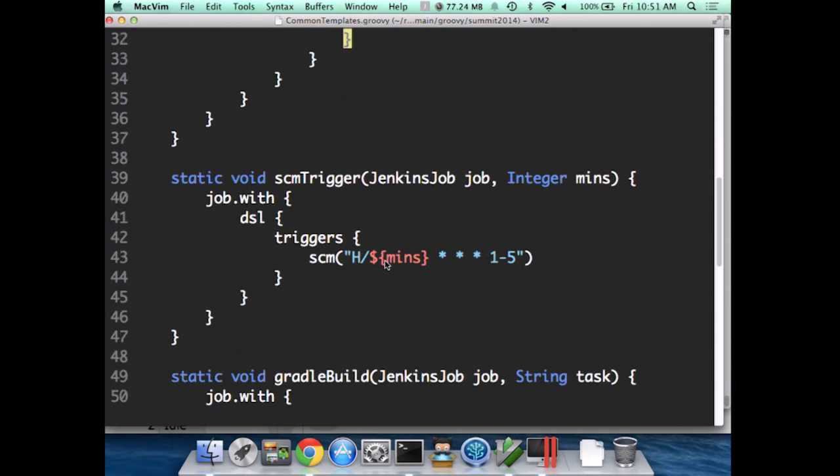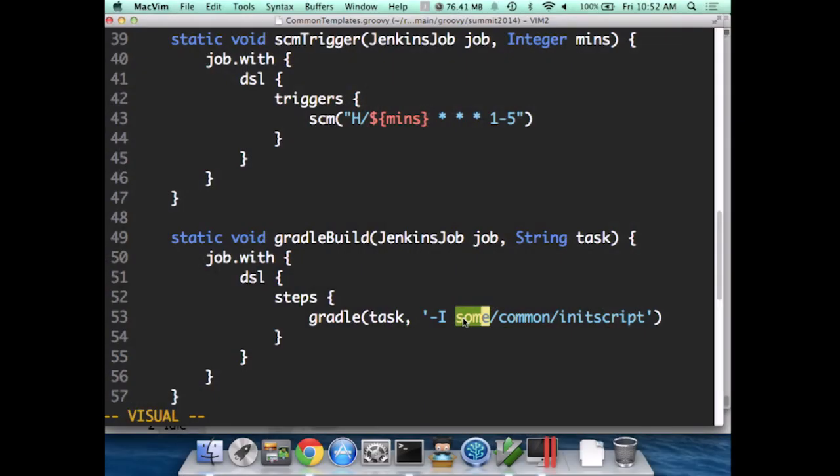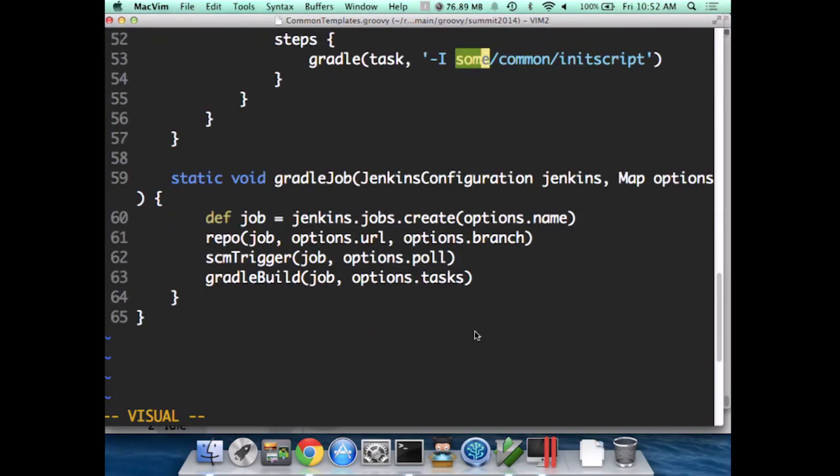As far as the SCM trigger, I pull in the polling interval that they provided, but I also say, I don't want anybody waking me up on a Saturday morning because a build's broken, so I'm only going to run, per my organizational standards, our builds on Monday through Friday, that sort of thing. As well as the Gradle build, I inject my common init script, which maybe enforces additional standards on my build or what have you. But I get all of that capability out of